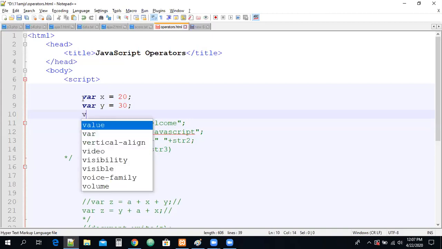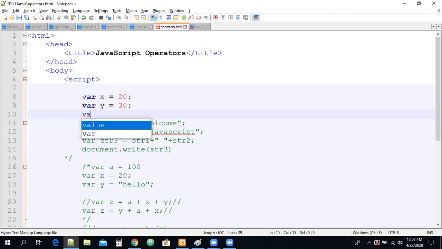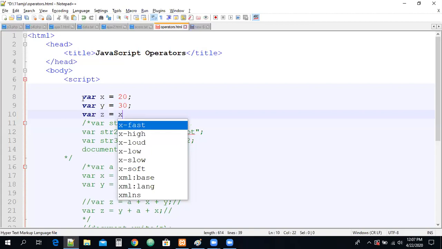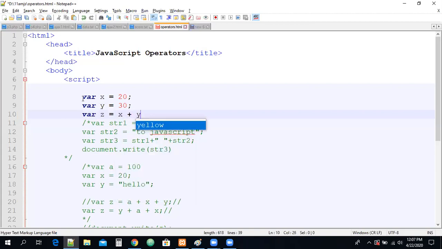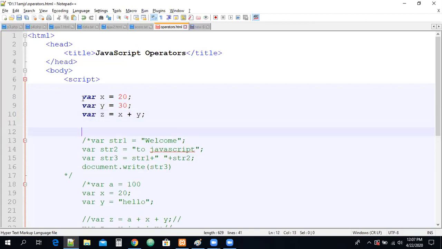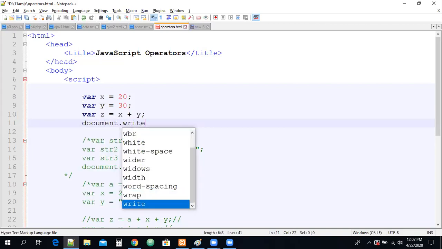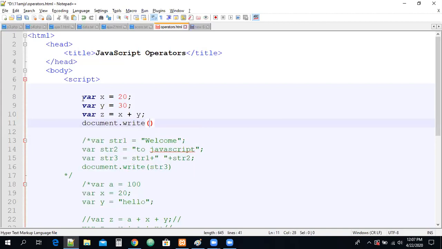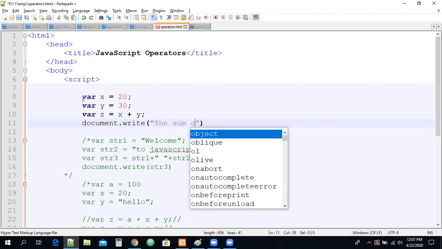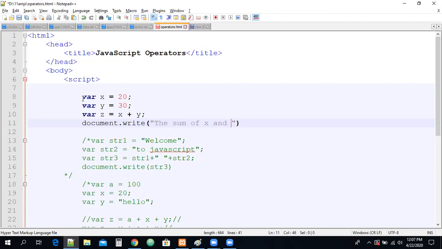Now take one more variable, z equal to x plus y. This is what I wrote, guys. Now you can write document.write. I want to write a message like this: the sum of x and y is z.